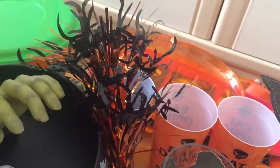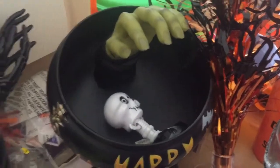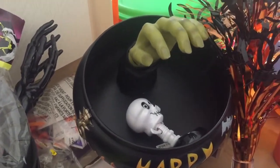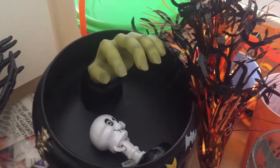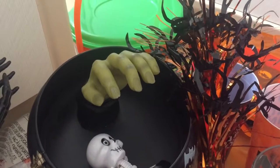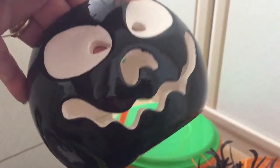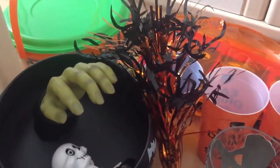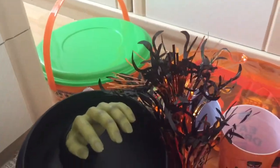I keep trying to put them in the bin. I have got another pumpkin here by the looks of it. Is that a pumpkin? So I've got everything wrapped up that's breakable and trying to protect it. There we are. Got that one. Again, I like the black and the white because it goes really well with the rest of my decor. And I have got a couple of these